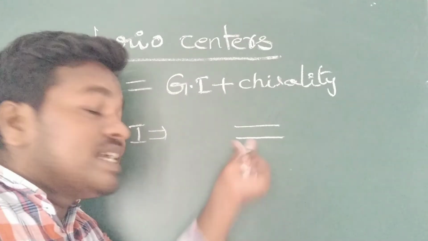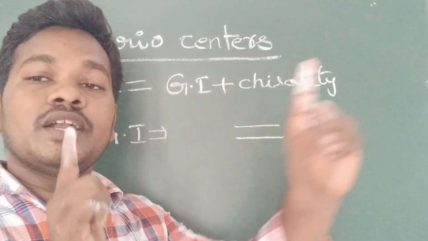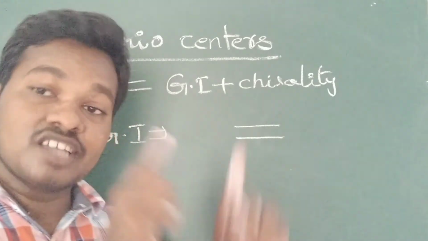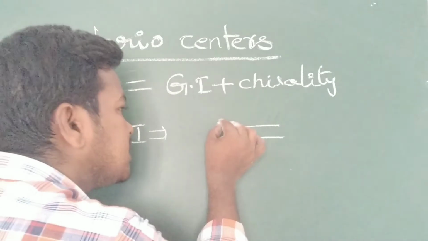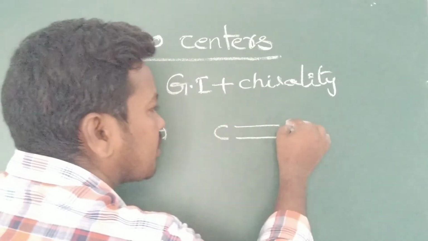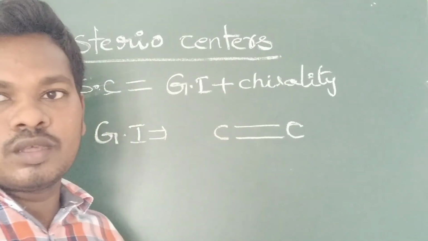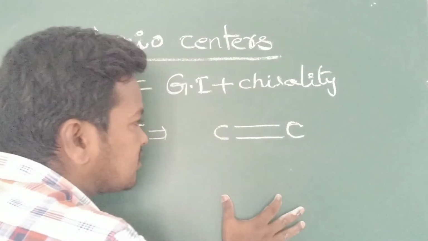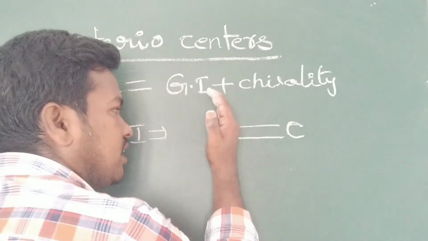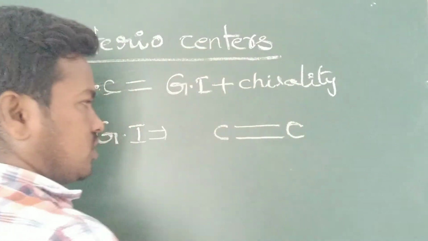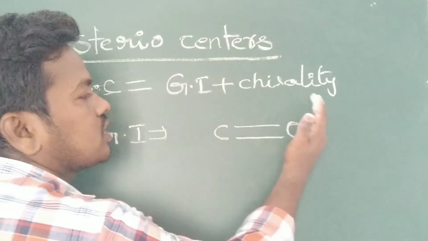the atoms in the double bonded system should be attached with different groups. Now we can see here I am taking the carbon. This is the double bonded system. Each double bonded system definitely has 2 atoms present. For example, here I am taking the carbon, here you can take nitrogen, here also nitrogen, and here you can take the carbon.